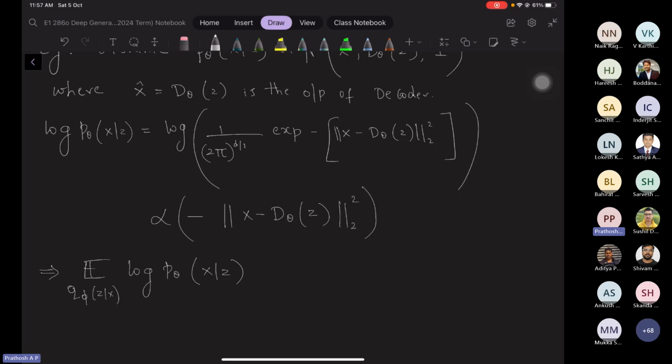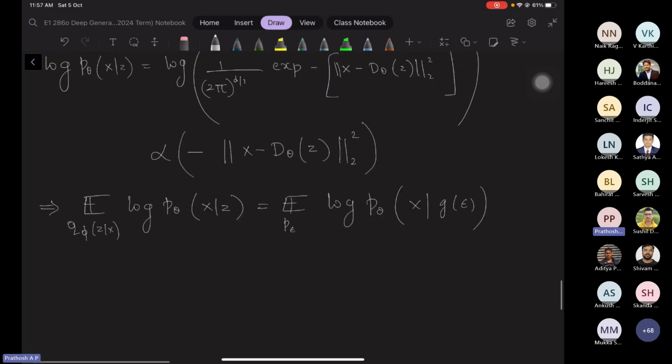This is what we wanted, right? This we saw to be equal to the expectation with respect to p epsilon of log of p theta of x given g of epsilon. Now in terms of sample averages, how do we approximate this? It is approximately equal to 1 by m, so if you sample, this under the assumption of Gaussianity, there's a minus here, is equal to